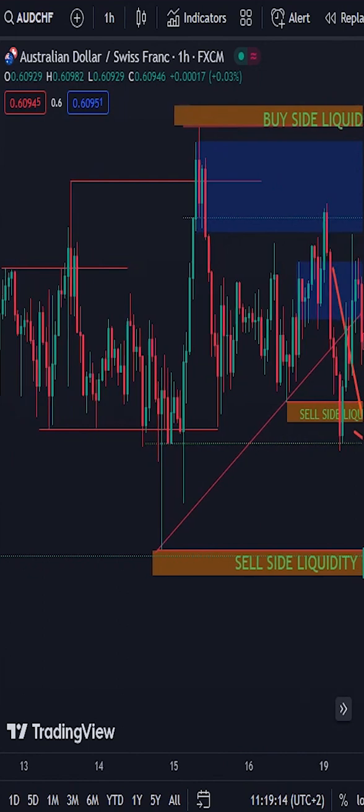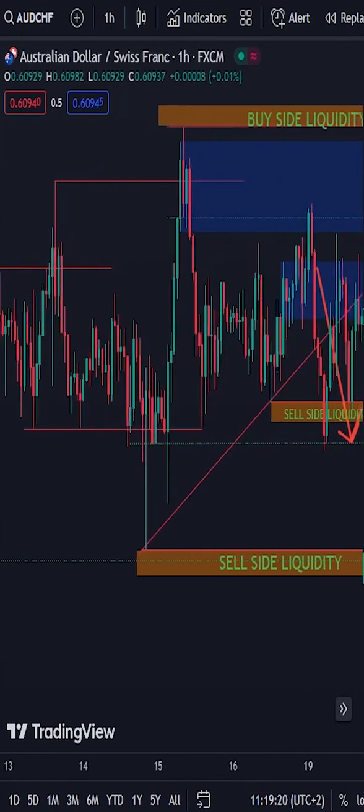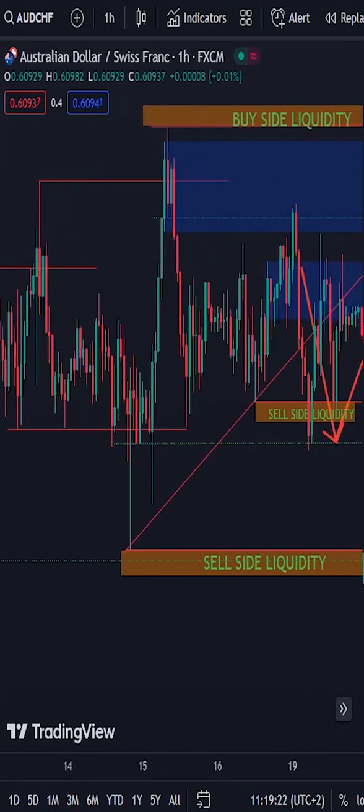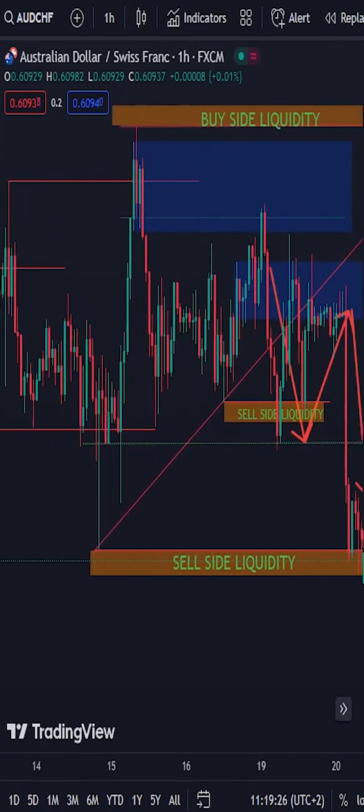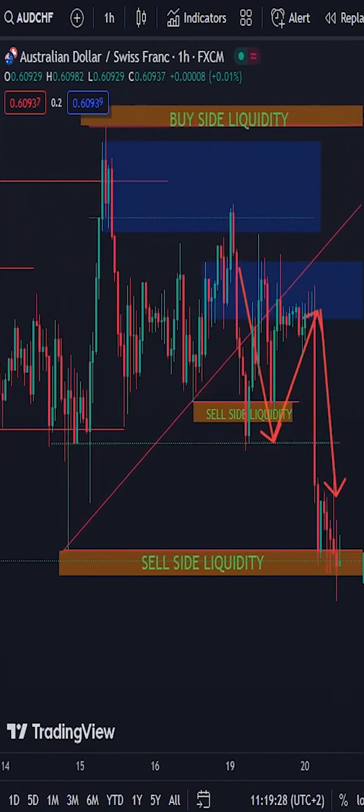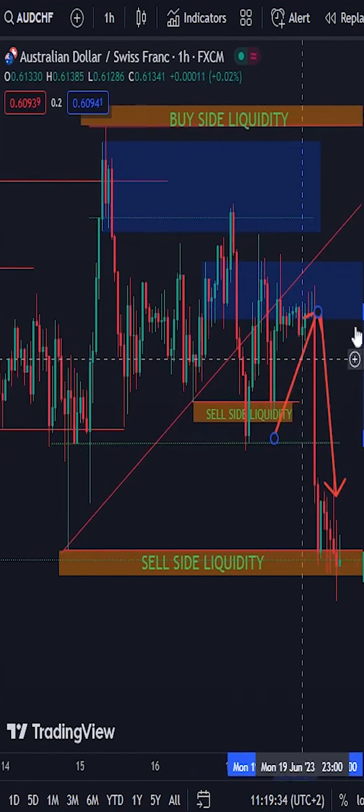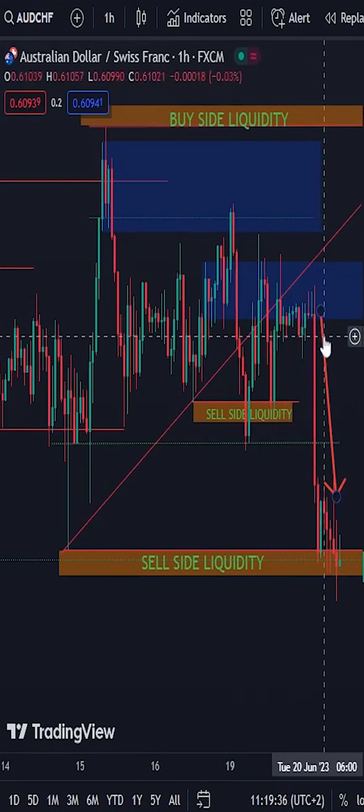After that, it shot back into that blue zone that we marked out, and it mingled inside the zone up until a moment where it shot down to reach for that other sell side liquidity. So yes, price respected both price action and